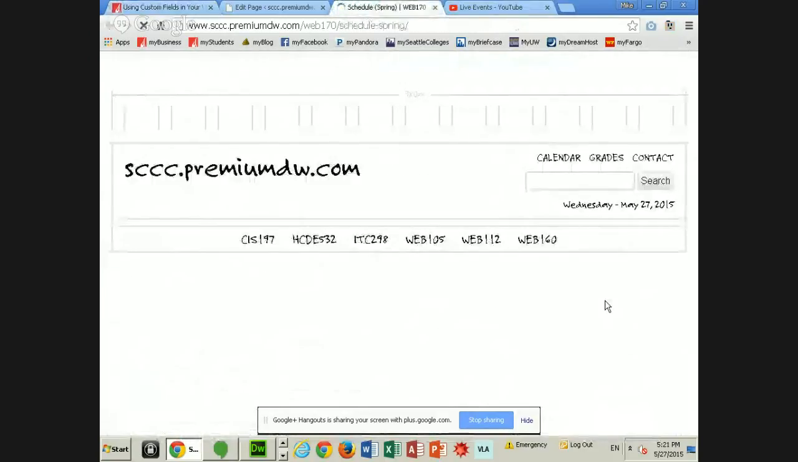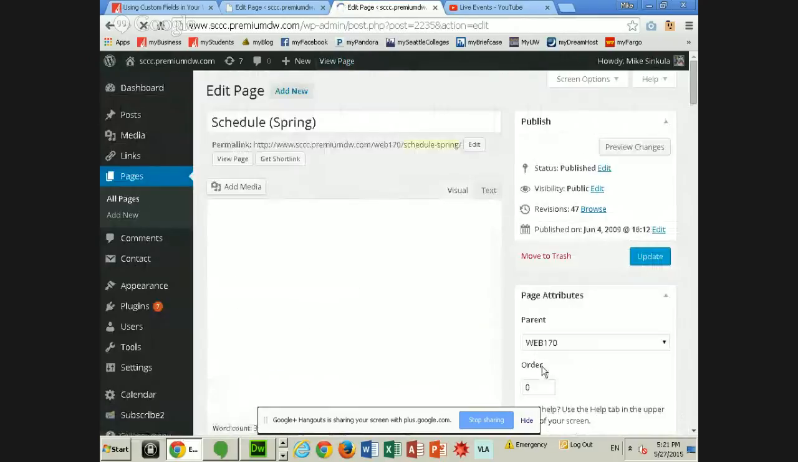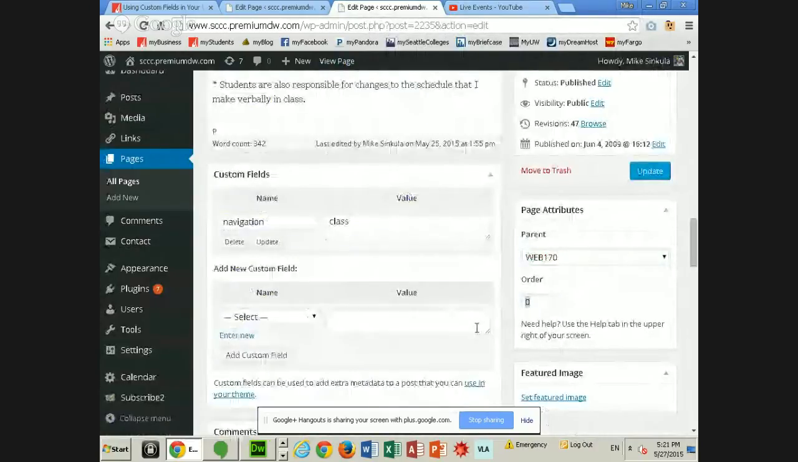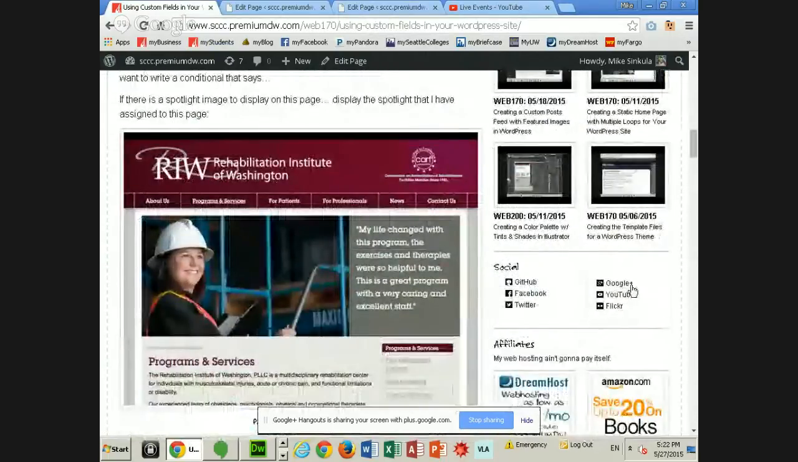and open up a new tab, because I'm addicted to opening new tabs, right? That plugin that I found has actually helped. But if I go and edit the schedule page here, this is where parent is WEB170, order is 0, custom field navigation value of class. Okay, so if we go now and in my new theme, which again you guys can't see just yet, sorry,